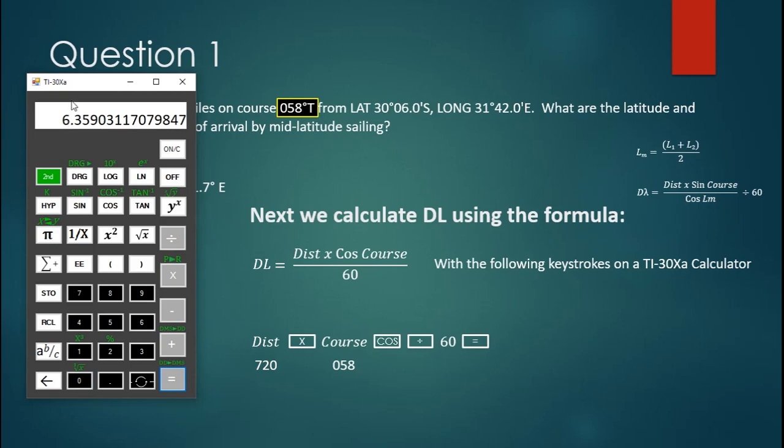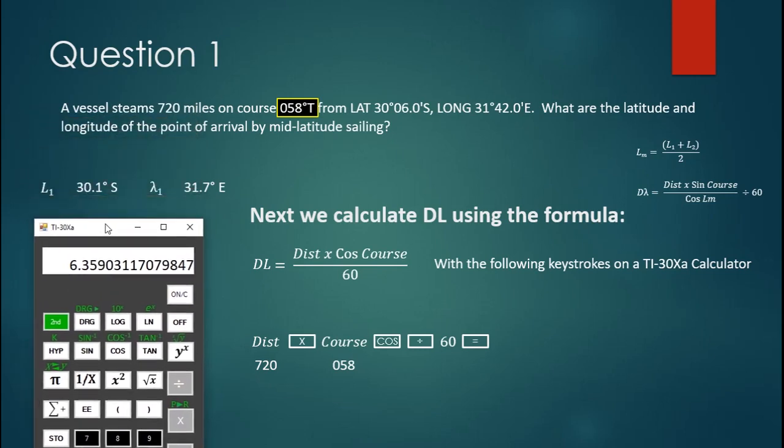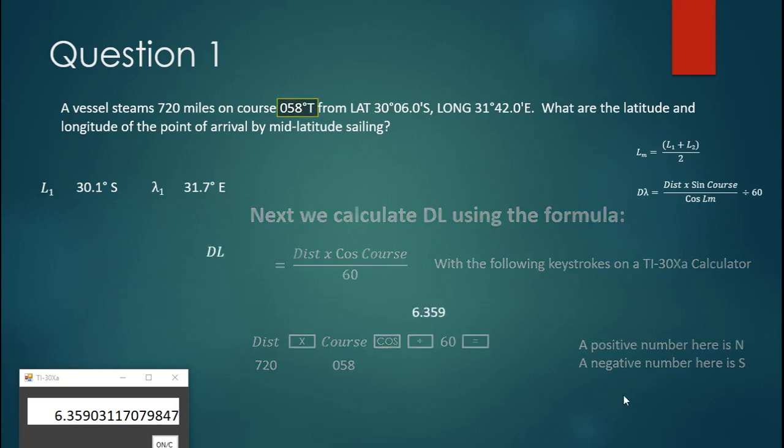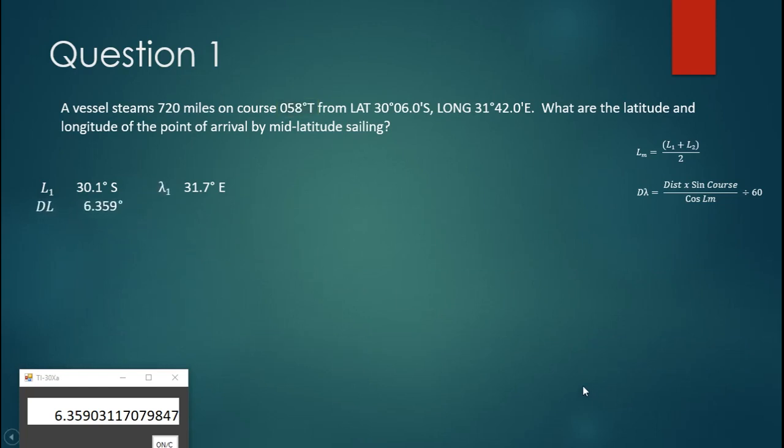6.359. And if you remember back in lesson 9A, a positive number here that we calculate is going to equal north latitude. And we got a positive, and we're going to round everything to 3 decimal places in this lesson. So we're just going to put 6.359. It's positive, so it's north latitude. And let's put that over here for our difference in latitude. Got north latitude, L1 is south, so we subtract